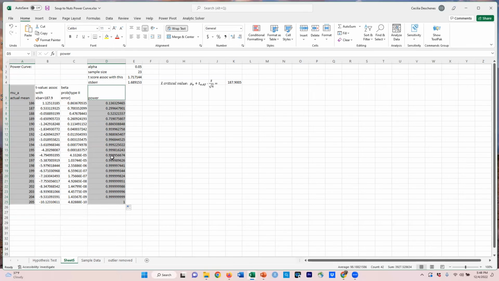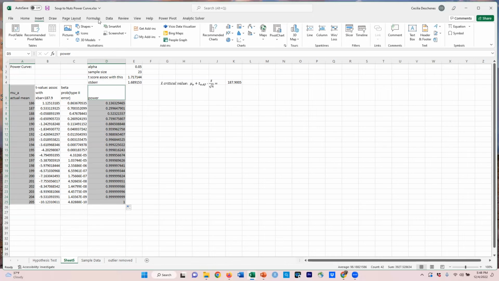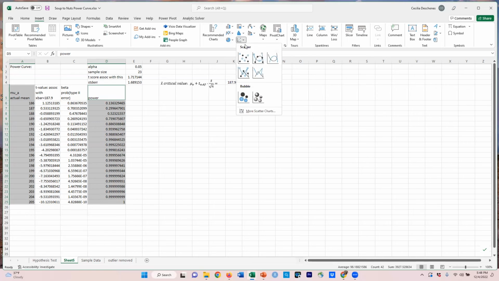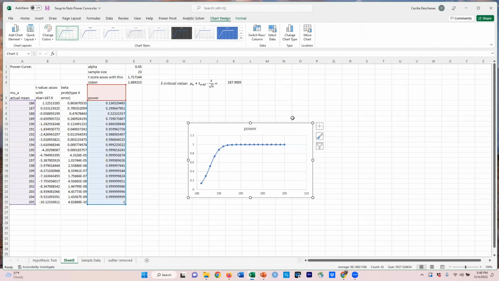Now, I let go of that, and now they're both selected, and I'm going to go to insert, and in insert I'm going to select, sorry, not the line chart, oops, under this chart I want to select the one that connects them. So it's going to look like this. Okay, so I see that I get the power automatically put as the title, and that's fine. I can leave it that way, and then I can add an axis title to the